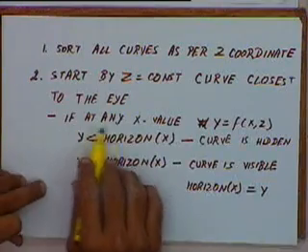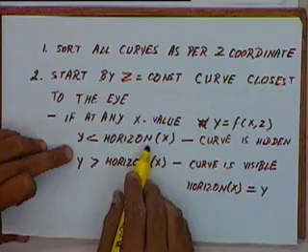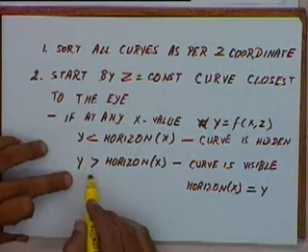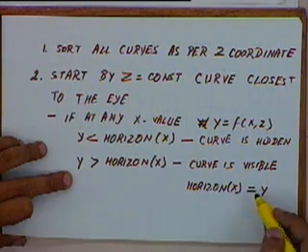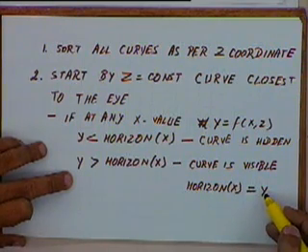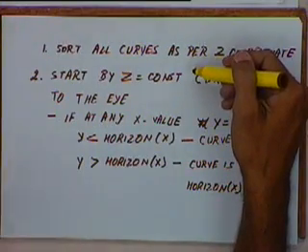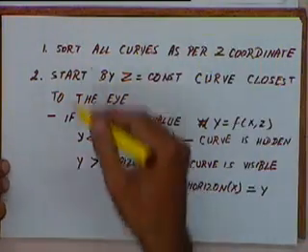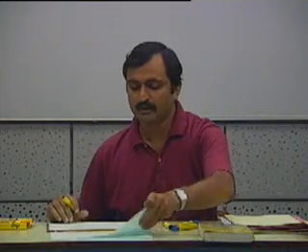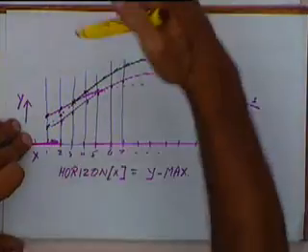So if at any x value we compute the y value, and if the y value is less than the horizon of x, then the curve is hidden. If the y value is greater than the horizon of x, then the curve is visible, and we will update the horizon of x to y. We are doing it for all the x values, and we will repeat it for all the curves successively, one after another. By this we will be able to display all these curves one after another, and we will get a 3D effect the way we just saw in the figure.